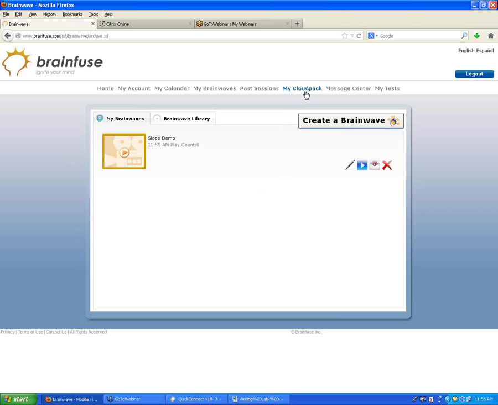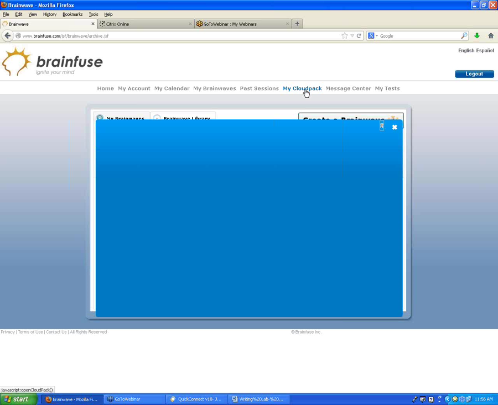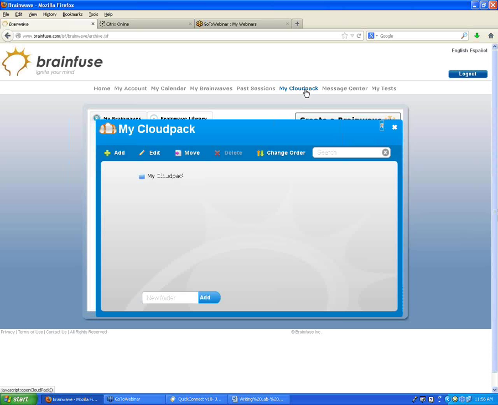One of the additional options up here at the top of the page that we haven't seen yet is My Cloud Pack. So this is essentially a storage device. You can use this to upload any files that you want here into your Cloud Pack. And there's a couple of reasons you might do that. When you first open Cloud Pack, it's empty. So I can add any folders I'd like. So let's say I want to add one for